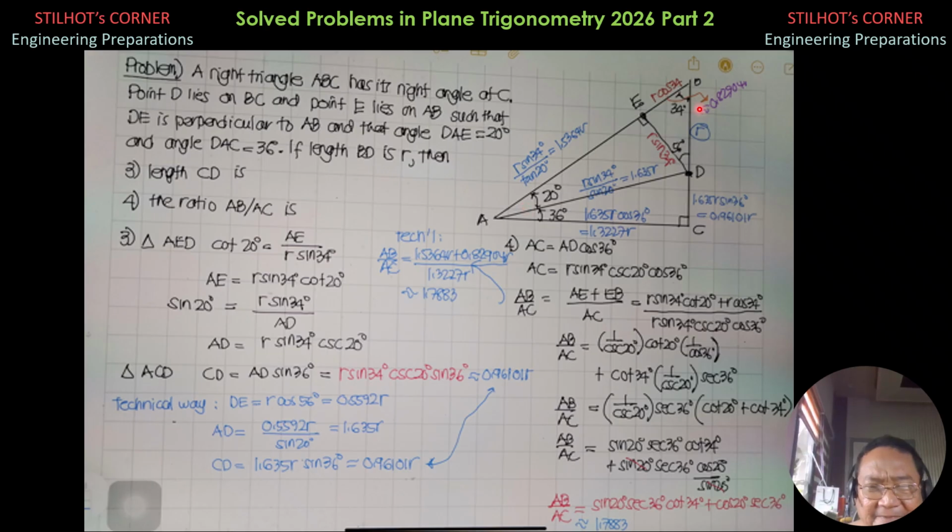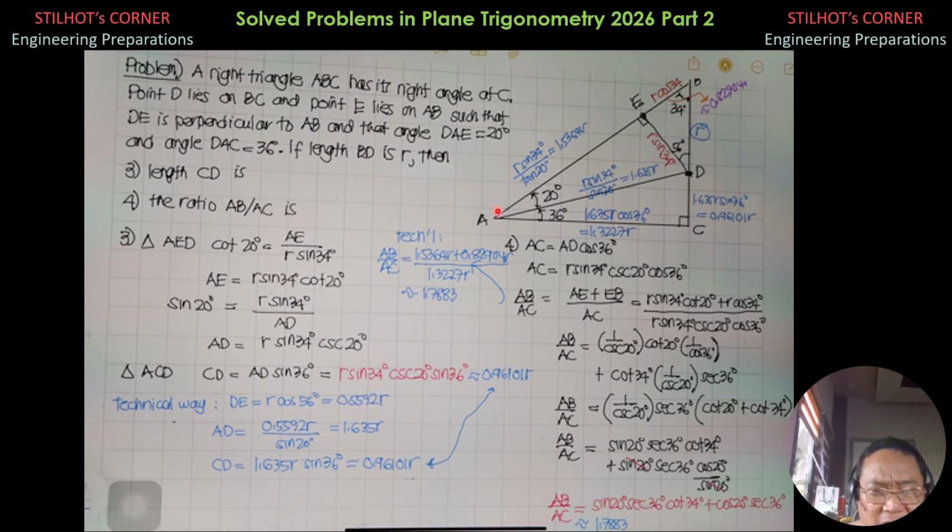This side AE, using cotangent function, this is a right triangle. Or even if these triangles are not right triangles, you can use law of sines because we're just solving for or determining the length of sides. It is not crucial when we use law of sines. It will only be critical when we solve for the angle, especially if it is obtuse.